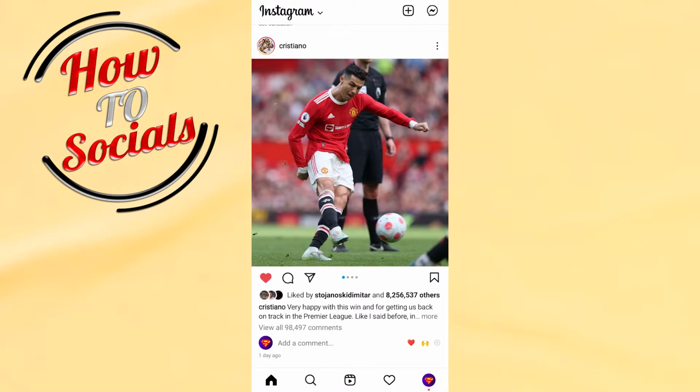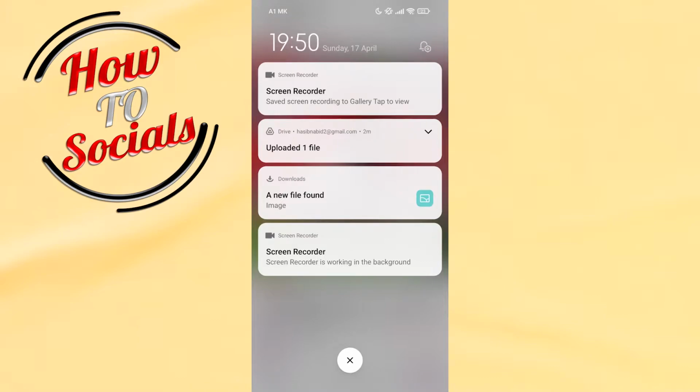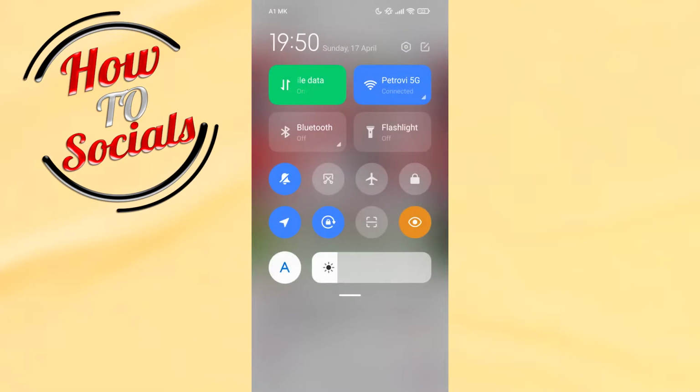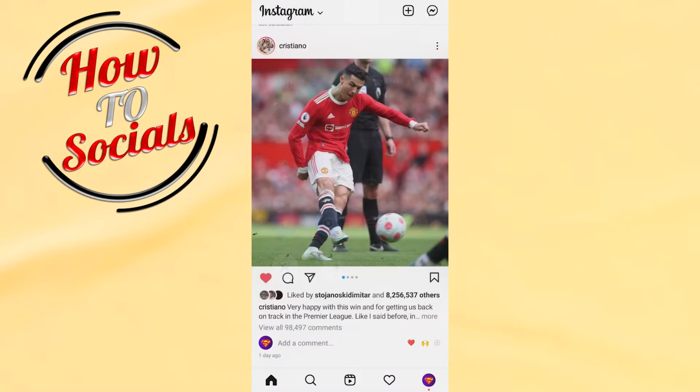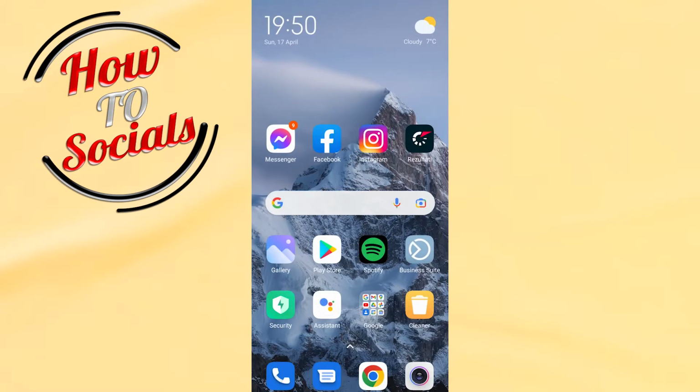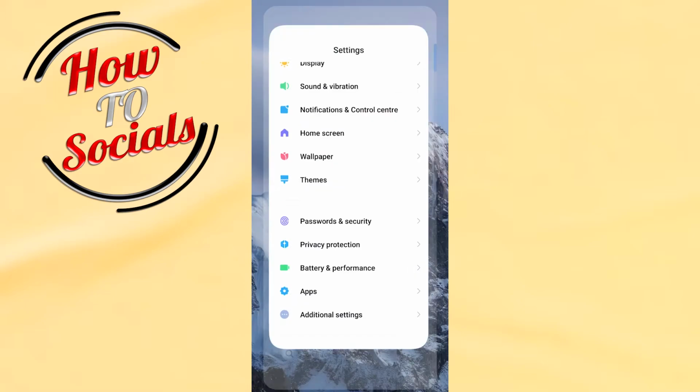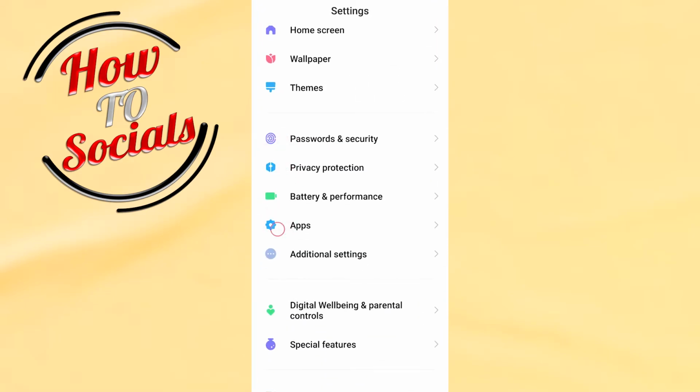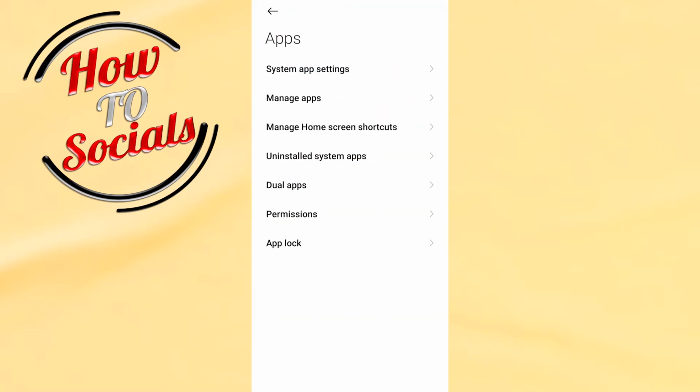The first thing you can do is swipe up and take out the app from recent apps. Here you need to turn off your Wi-Fi to try with your mobile data, and then you need to get out of Instagram and go to your settings, then go for applications, and now you need to